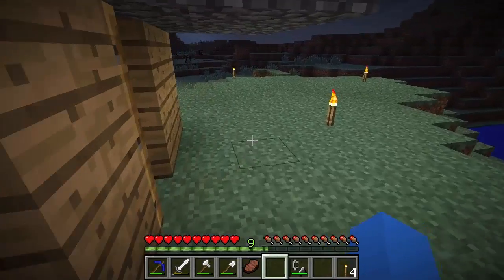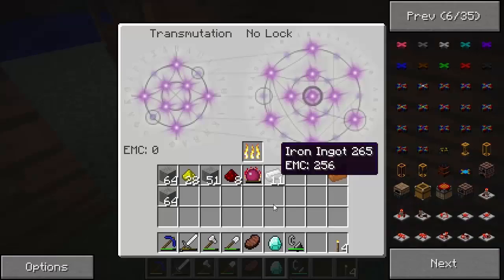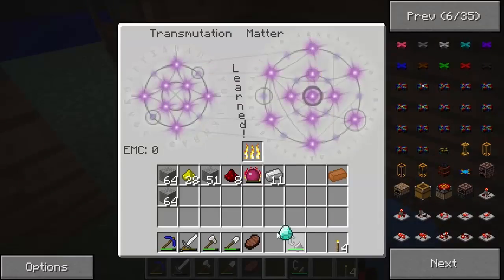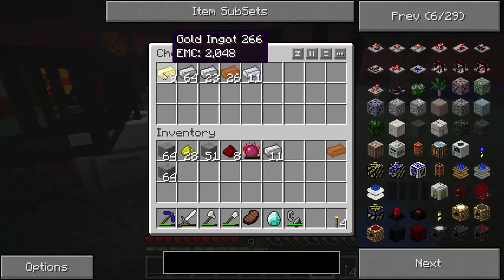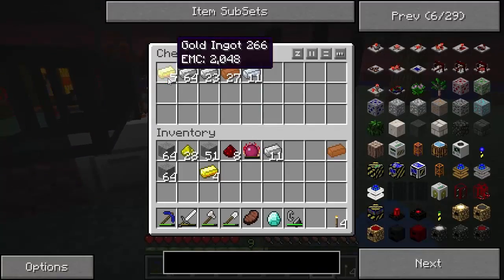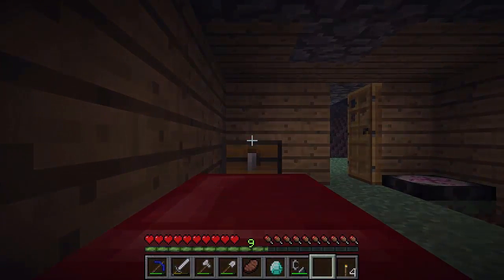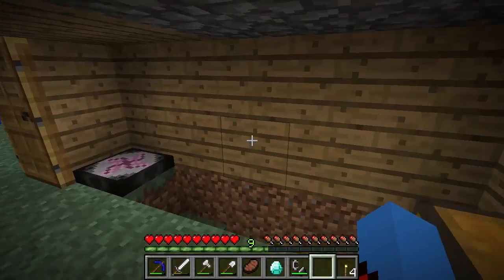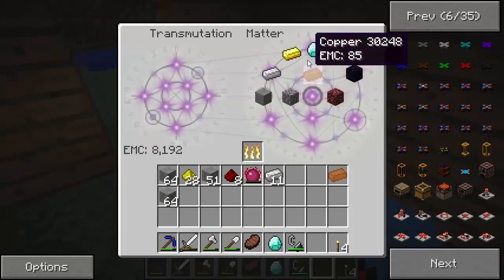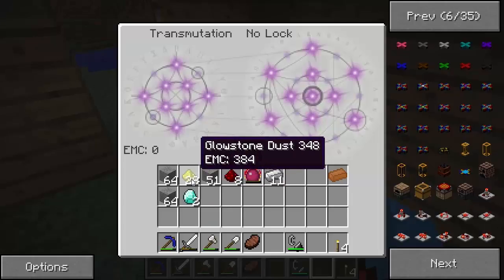2,048. Now, interestingly enough, I do have one piece of diamond, which is 8,192, and that means it's practically worth 4 pieces of gold. So if we take 1, 2, 3, 4, if we sleep as well, so we don't get caught short. We take that and then put 4 pieces of gold into here. We can then exchange it for 1 diamond,